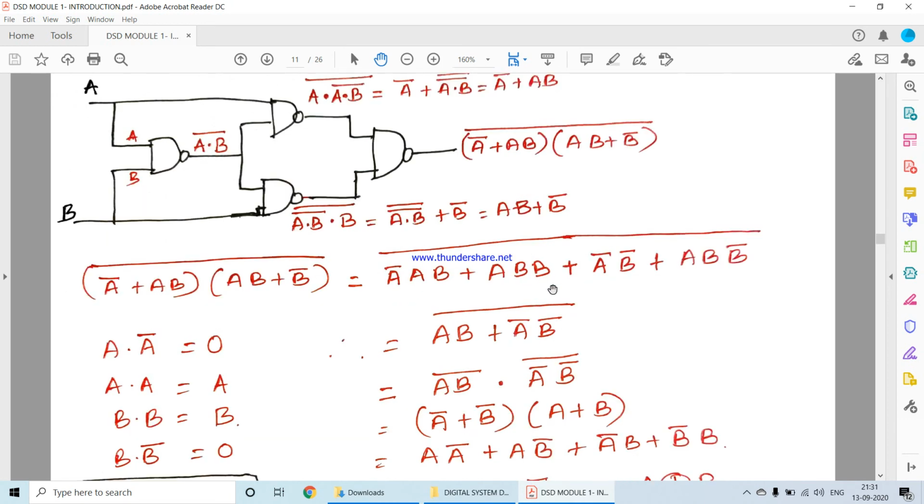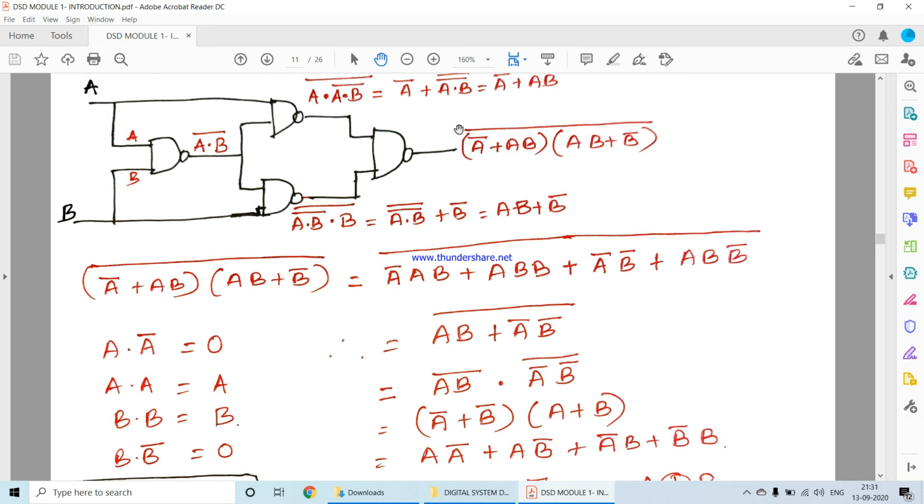Now here, if you see this, the XNOR is obtained here itself. See this AB plus A bar B bar, the whole bar you have got. So this expression, when I am simplifying it, I got AB plus A bar B bar the whole bar. Now AB plus A bar B bar is nothing but the expression for XNOR.